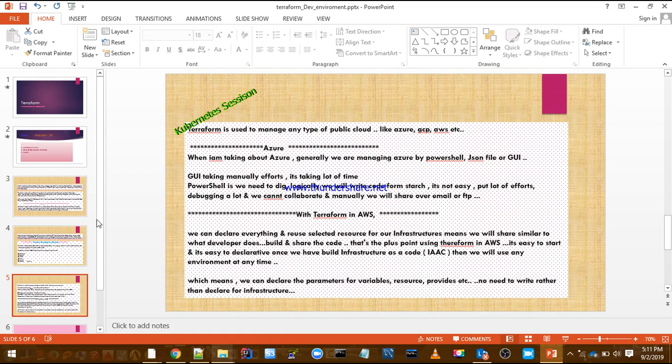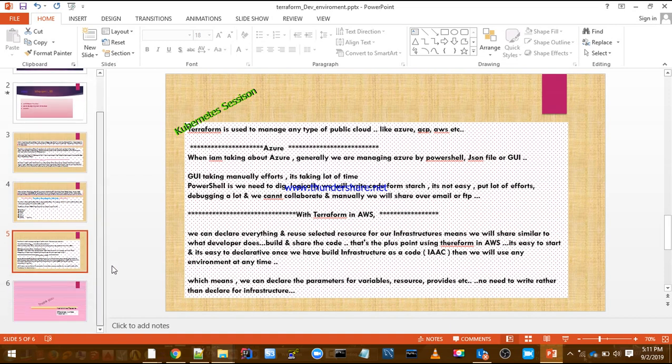Finally, I want to say only one thing: using Terraform, we can declare the parameters for variables, resources and providers. Not only this, we can do a lot of things. We can define multiple parameters, then reuse and utilize them.